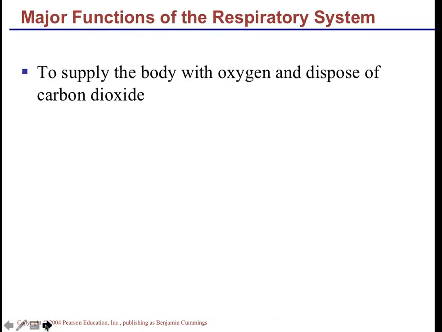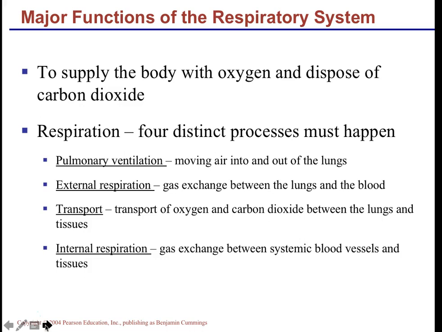There we go. All right, the major function of the respiratory system is, guess what? To deliver oxygen to the body and get rid of the waste product, carbon dioxide gas. So I'm just going to refresh your memory about this because it's not on the slide. The reason why we have a respiratory system and the reason why we have a heart is that we're very